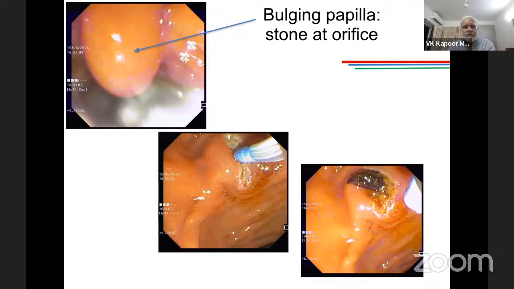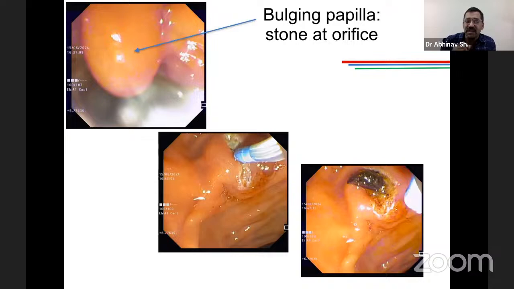Abhinav, please explain this. So this is the case, sir. Biliary acute pancreatitis. We can see on the first panel, left upper corner, you can see bulging papilla. This is typical appearance when stone is right at the orifice, because of constant bile flow and pancreatic juice flow, the papilla swells up and it bulges into the lumen of the duodenum. We just need to put in a nick over the mucosa and sphincter orifice, and stone pops out.